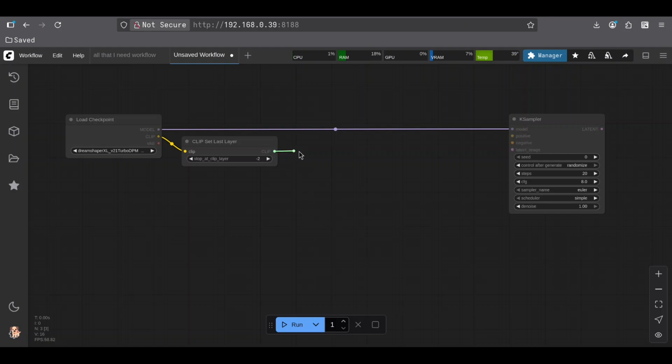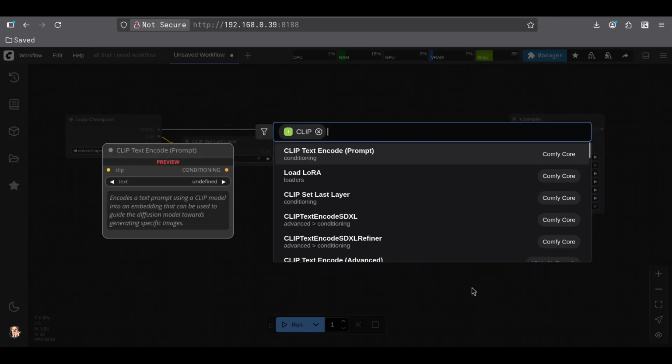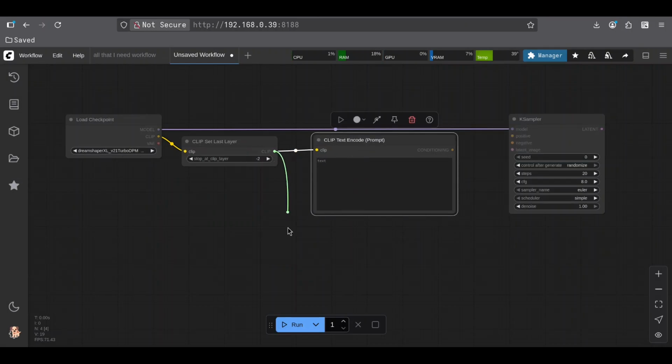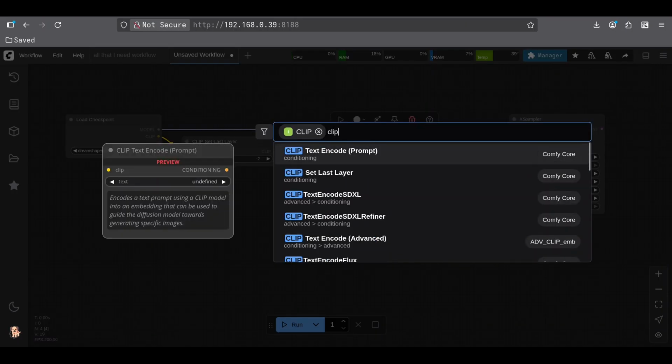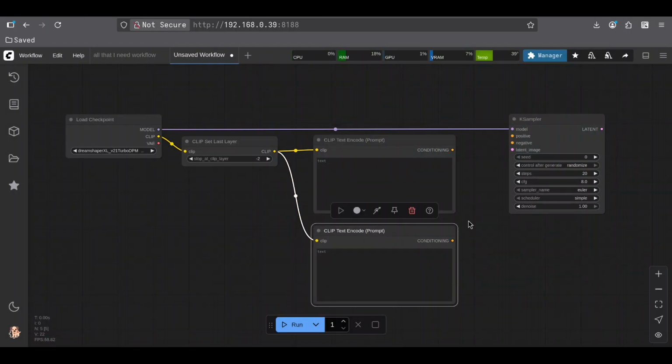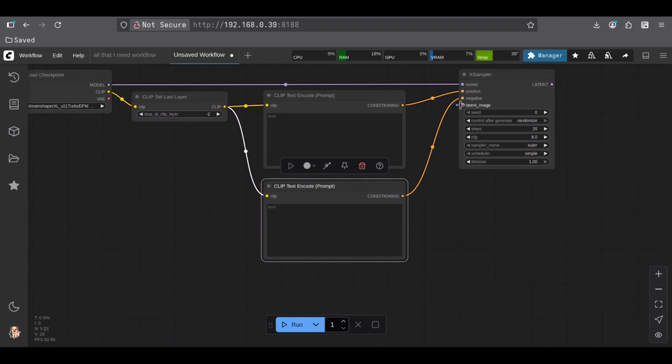And now from this I'm going to go to search, clip text encode for prompting, and of course another one for negative prompt. Of course I'm going to provide positive prompt to positive, negative prompt to negative, but instead of